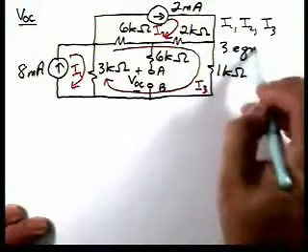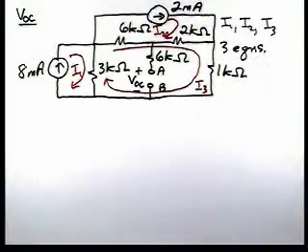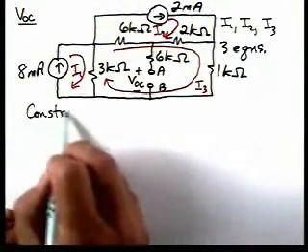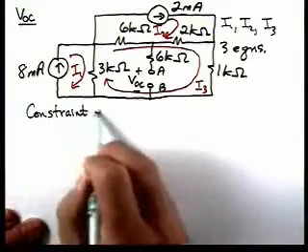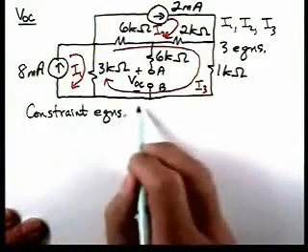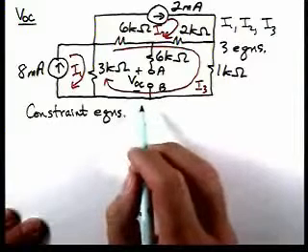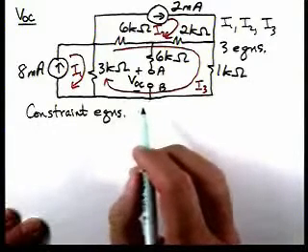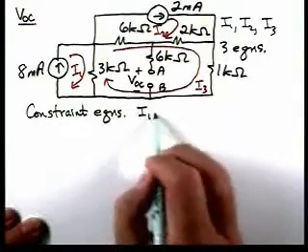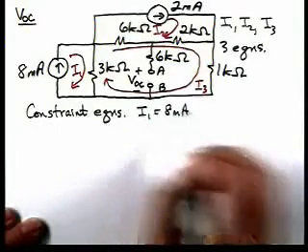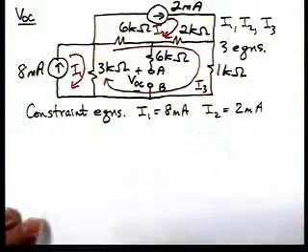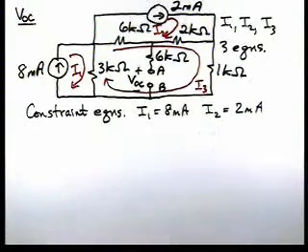We're going to need three equations. It turns out we're going to have a couple of constraint equations because we have current sources. Anytime we have current sources in mesh analysis, we have constraint equations. They're very easy. For instance, we'll have I1 equal to 8 milliamps, I2 equal to 2 milliamps, and then